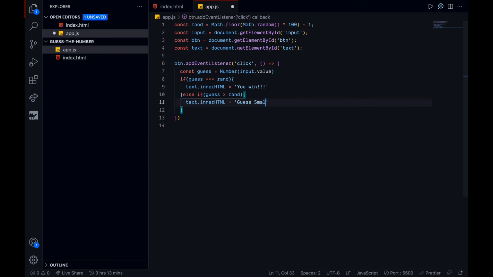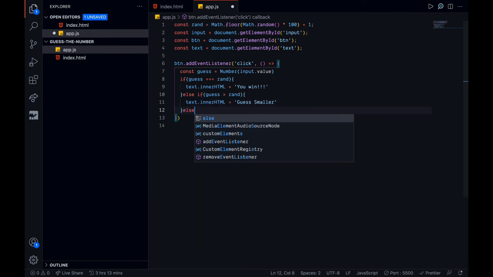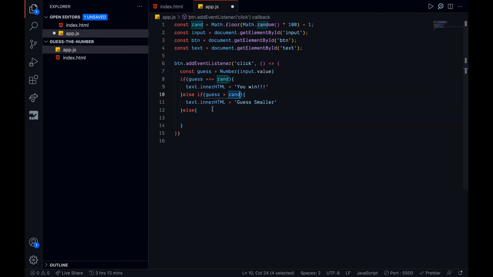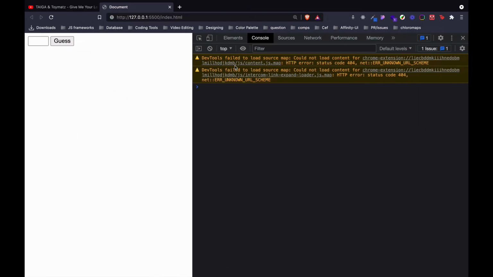Yeah, right. Now the last situation would be that the guess number is smaller, so guess larger. Now if I save, I don't know what the random number actually is, so let's just print it out